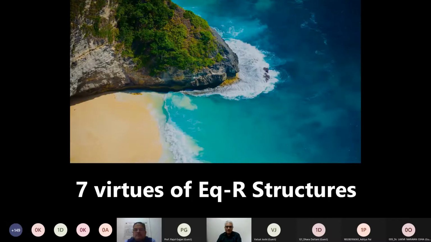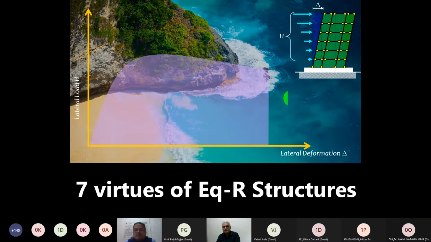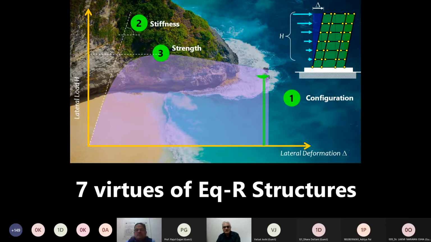Well, talking about design, what are you designing for? 7 virtues is what you have to ensure in your structures. What are the 7 virtues? One is configuration. Second is adequate stiffness, sufficient strength, required ductility, the design deformability that is imposed on the structure